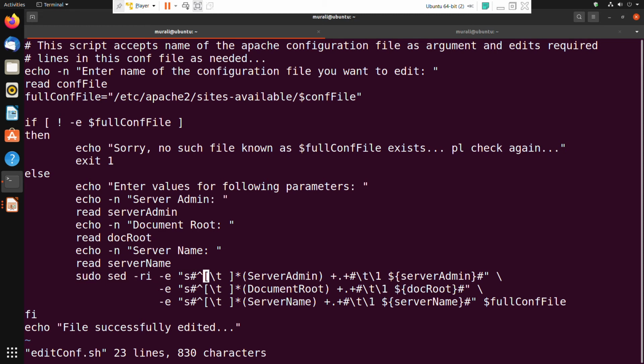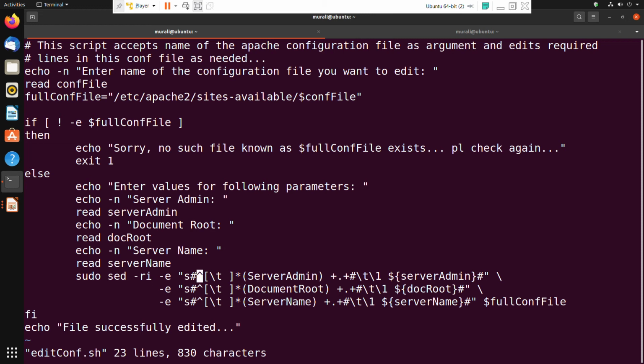Because I ultimately need to update this $full_conf file which is in /etc/apache2/sites-available. I don't have the permission, only the system admin has, but I have sudo rights. That is the reason I am executing with sudo. It will ask my password, I supply it, and then I can edit it. Let me quickly take you through the meaning of this substitute command.